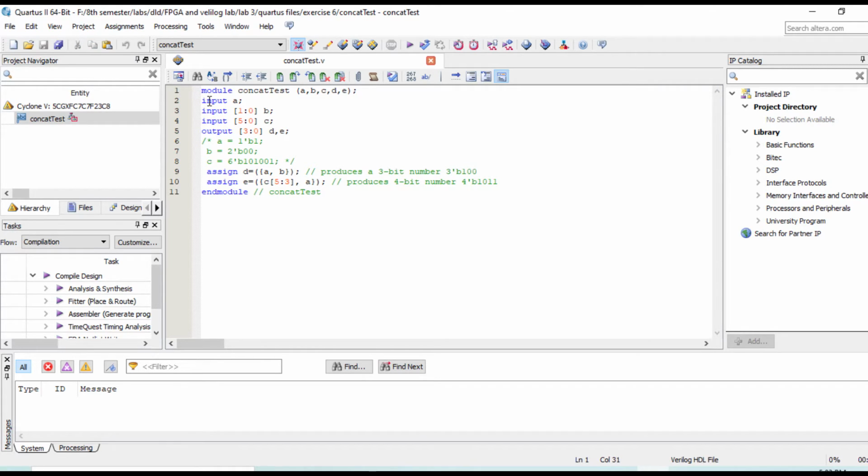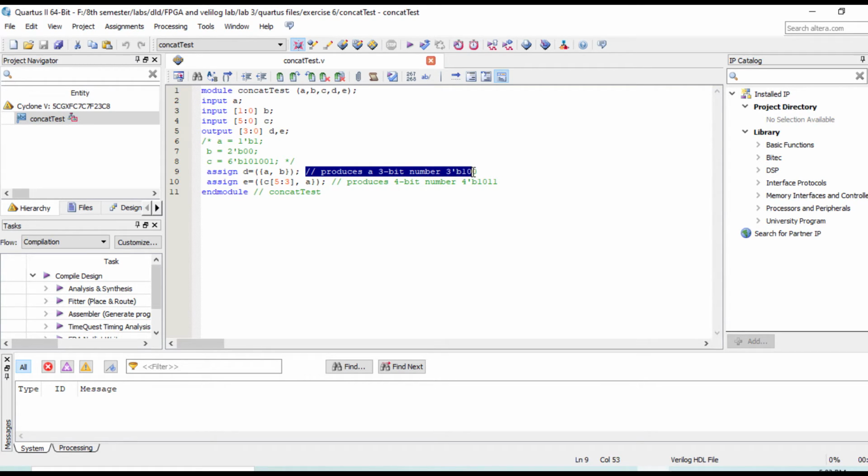I declare input a, input b, input c, and output d and e. And here you can see assign d is equal to a comma b. It means a concatenate b. And I show the results in this comment.